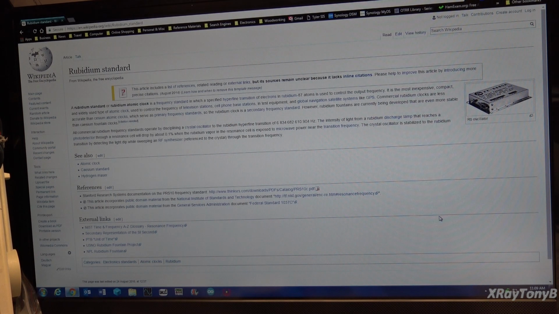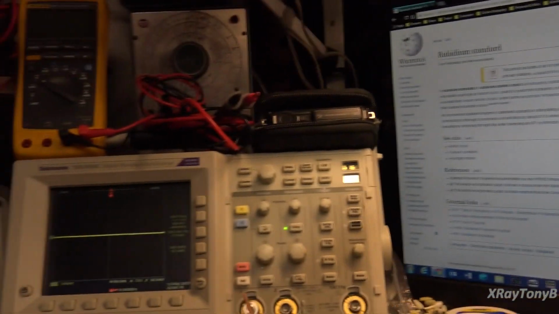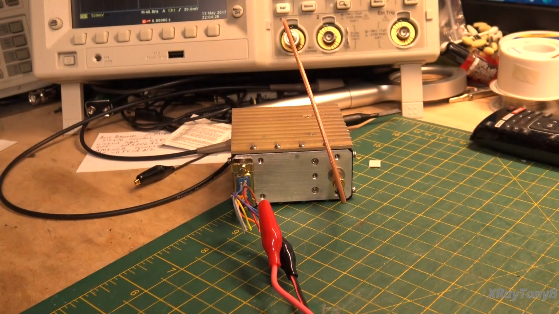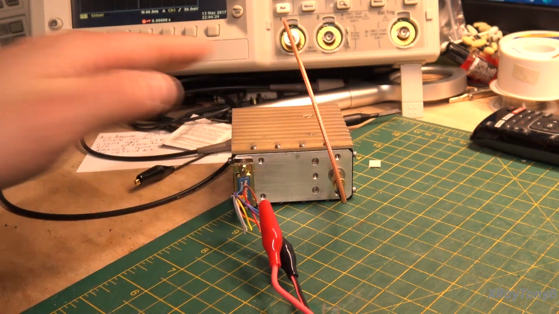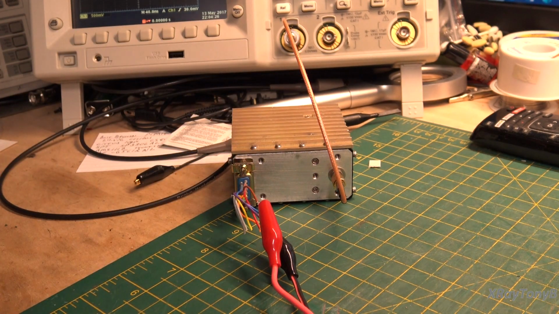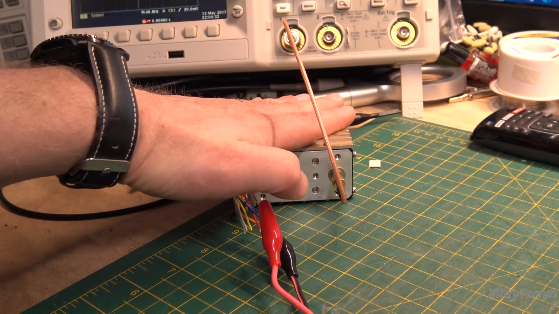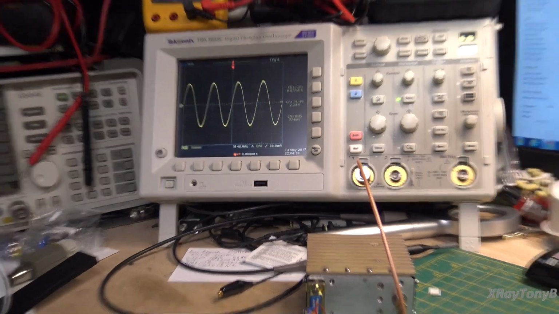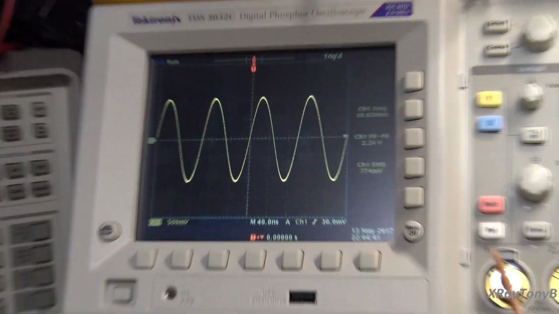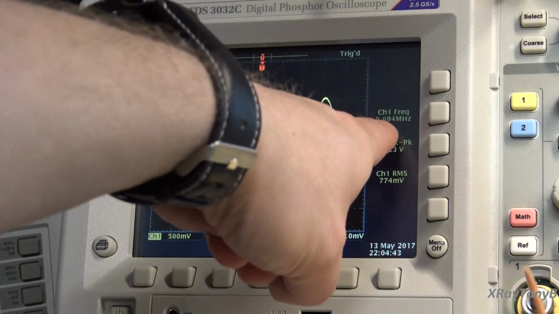This one that we have here has been specifically modified by the place that I purchased it from, so that it has an output of exactly 10 megahertz. And if we look up at our oscilloscope here, let me zoom you in, you can see that